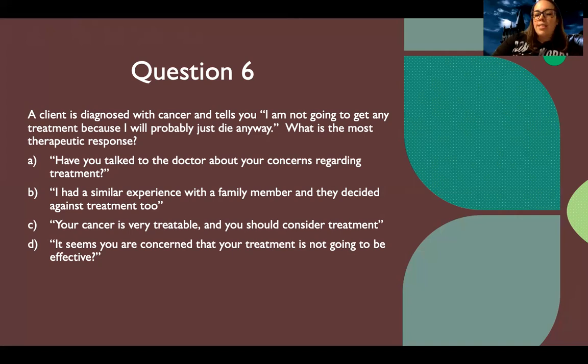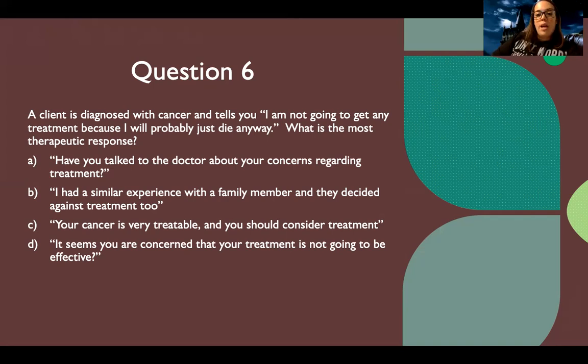And so this does seem like a question that might be helpful. Like, hey, have you talked to the doctor? But it doesn't acknowledge their feelings, and it also defers to someone else. Generally, in all nursing school questions, unless the question asks you to defer or to delegate to someone else, usually the question wants to know what you can do in your role as the nurse. And especially with therapeutic communication, we want to know what you can do to be supportive for